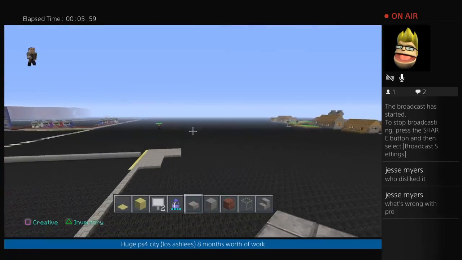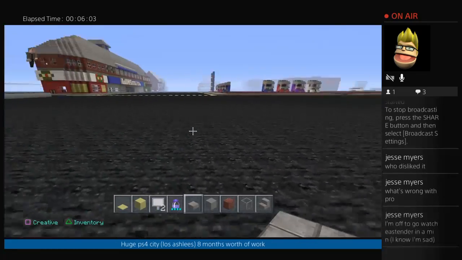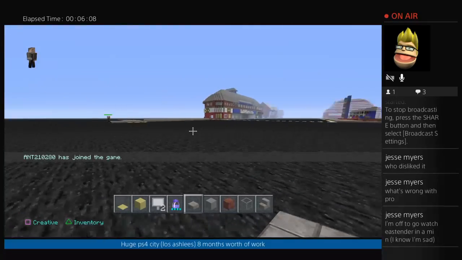What? See that road there? Yeah. They're gonna come straight down this way. Yeah, there's going to be a road which comes down here. But yeah, basically